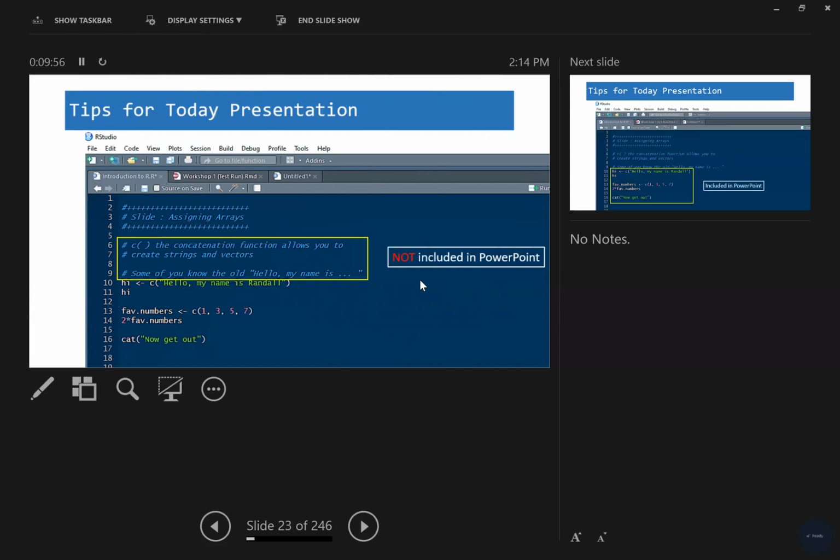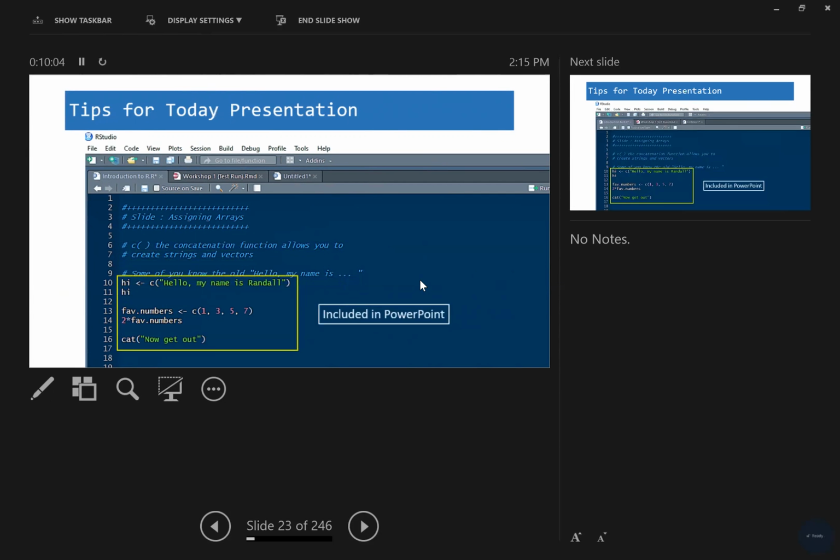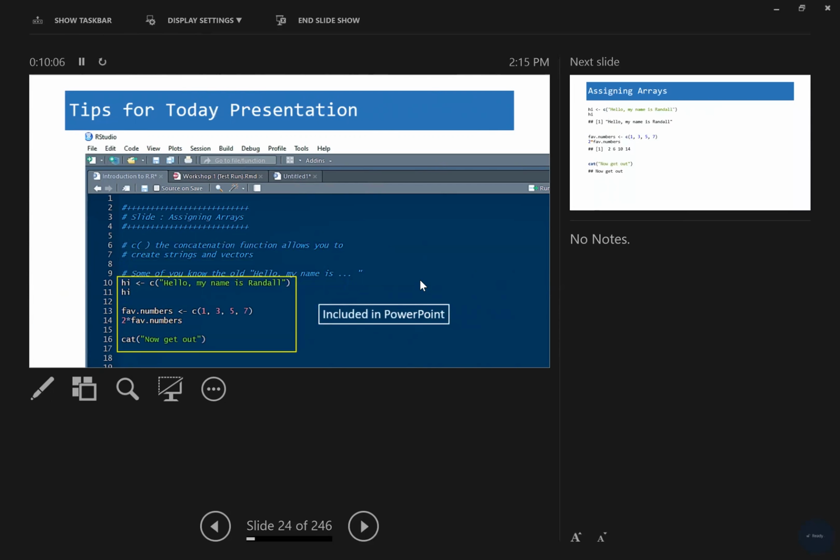This is not in my PowerPoint presentation, so you'll never see these in today's presentation. The only thing you're going to see in the presentation is this chunk right down here below. And that's going to show you what I need you to look at. So now you understand how today's presentation is going to work in regards to how I'm going to reference it